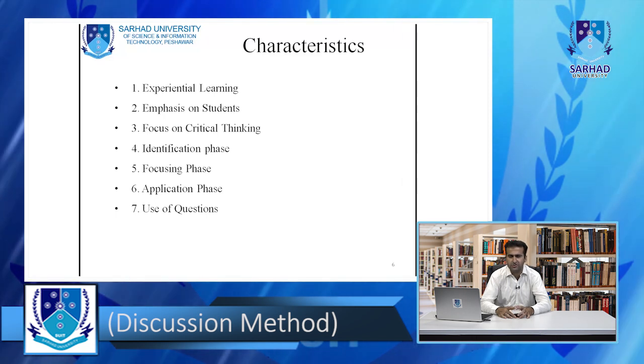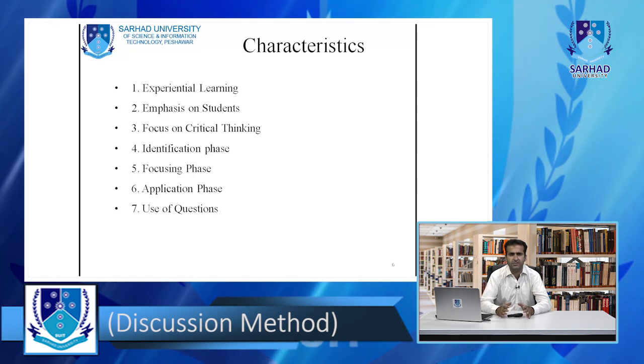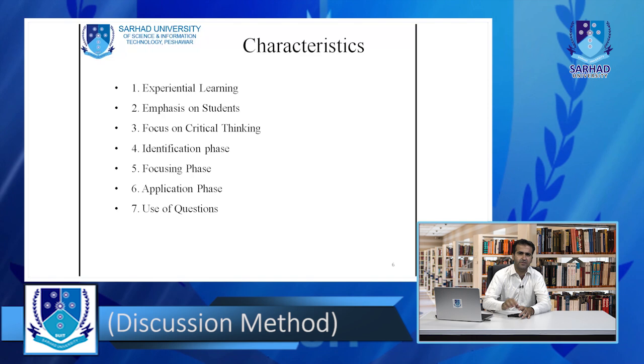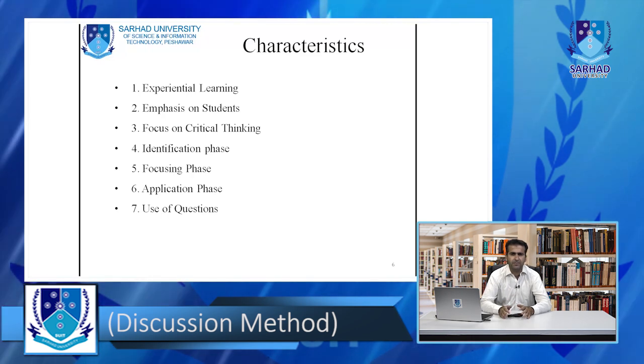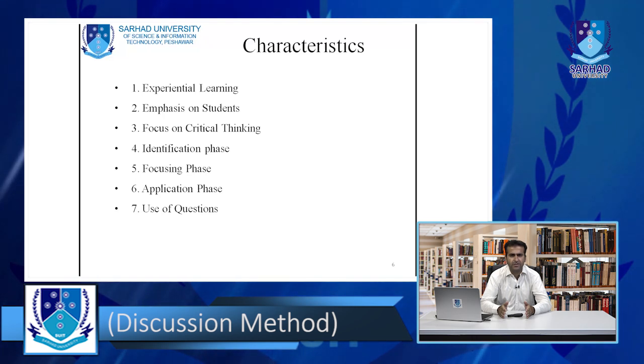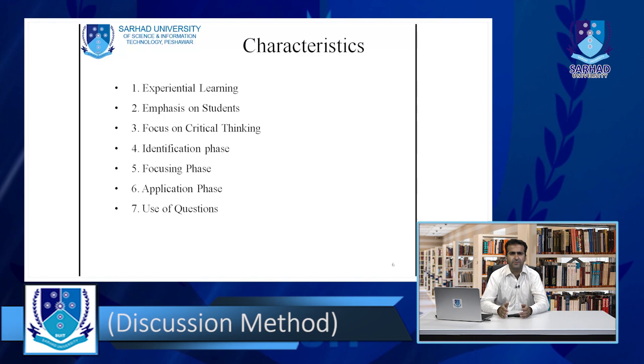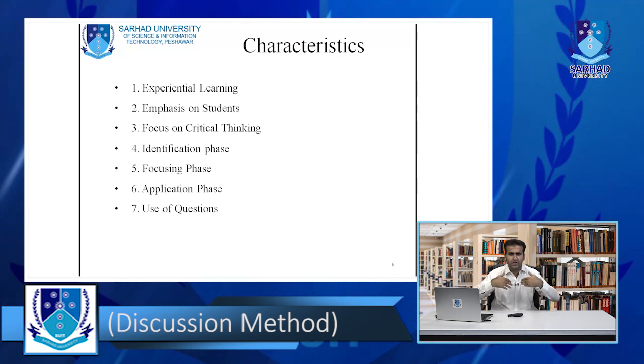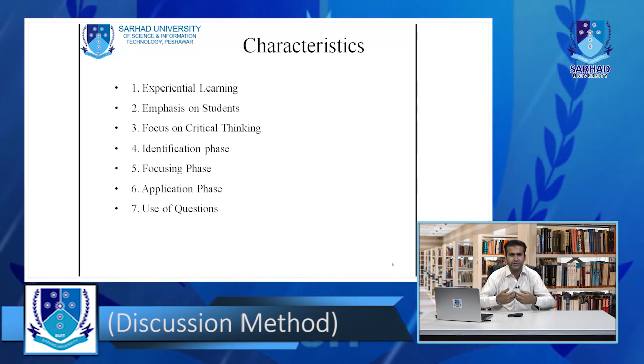The discussion method is called student centered method. Why student centered method? Because the focal point is the student only. This method is organizing, arranging for the purpose to develop the skills and abilities of the students, to develop the hearts of the students, to develop the inner potentialities of the student, and to give an opportunity to the student to express your views relevant to the topic.